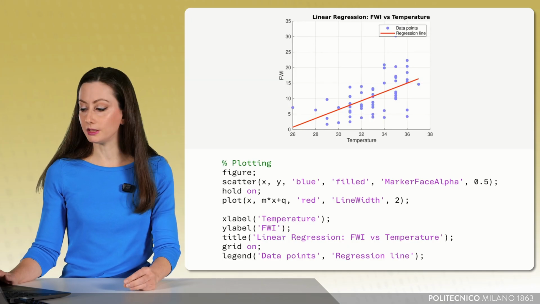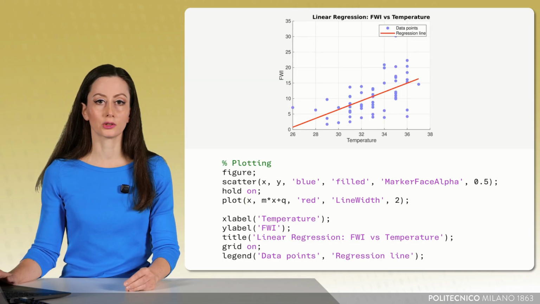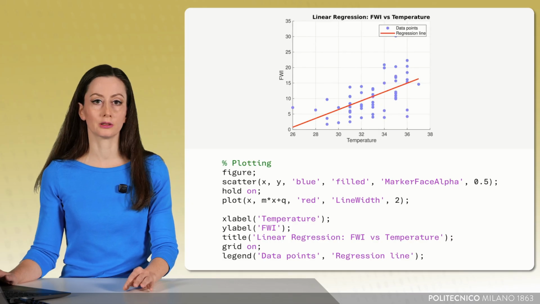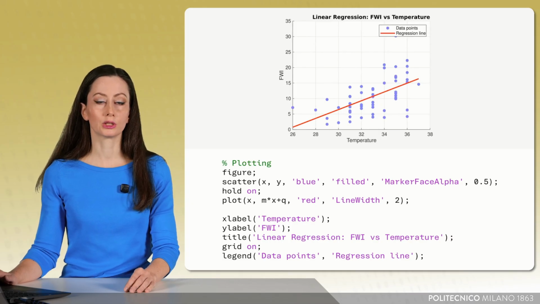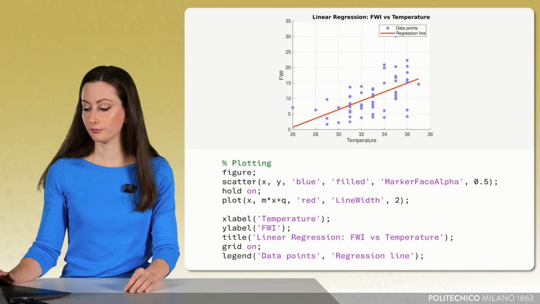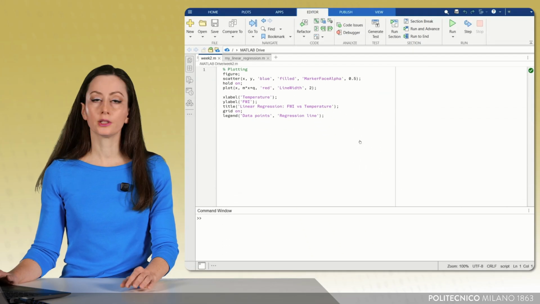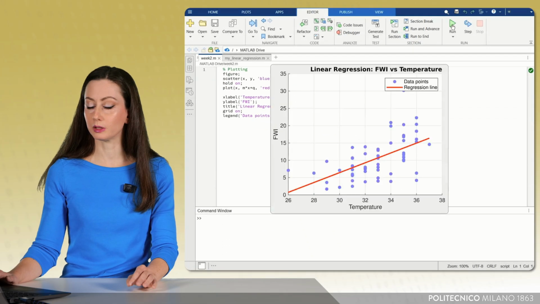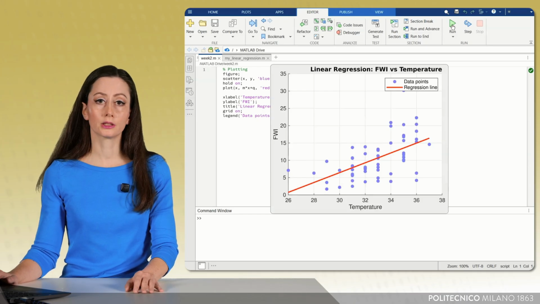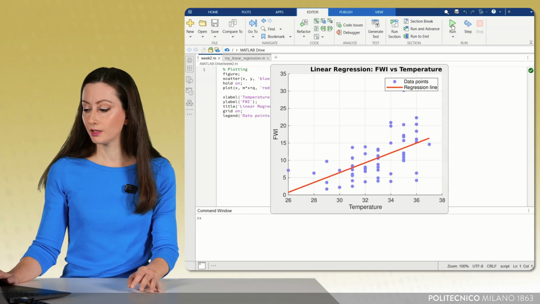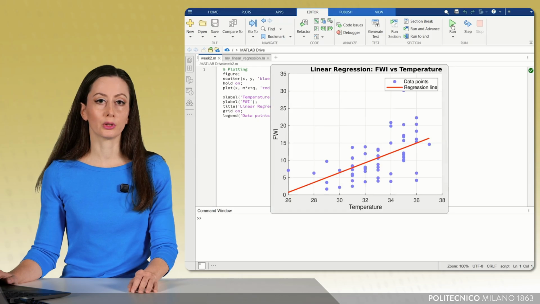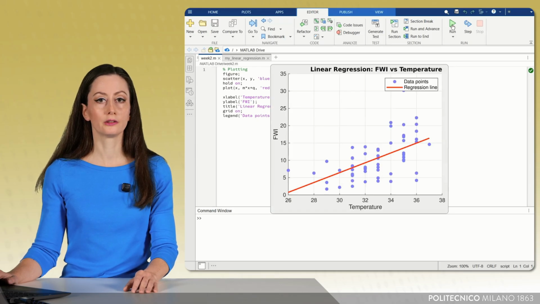And please notice that the labels passed to the function legend as inputs must match the order in which the plots were created. Running this code, a new figure appears showing the plot, and we can see that the slope is positive, meaning that an increase in temperature corresponds to an overall higher fire risk.